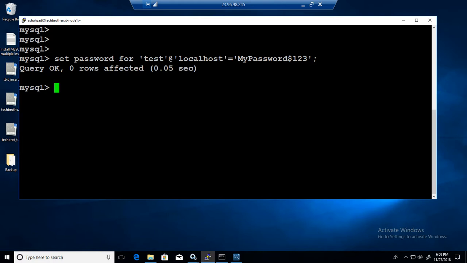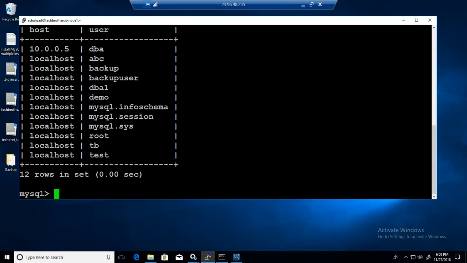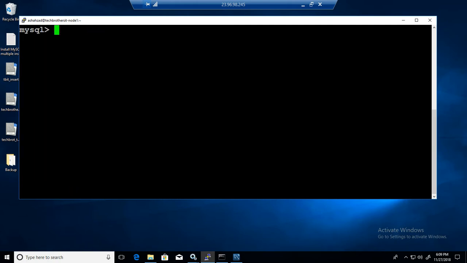If I want to go back and take a look, I can log in and give it a try. Let me tell you another one. So let's say this is TB, and we would like to reset the password for TB as well. I'm going to show you another way to do it. You will say ALTER USER, and in this case our user is TB@localhost,